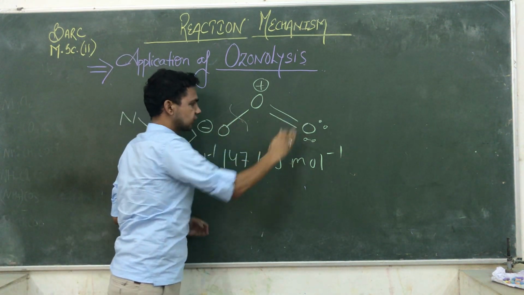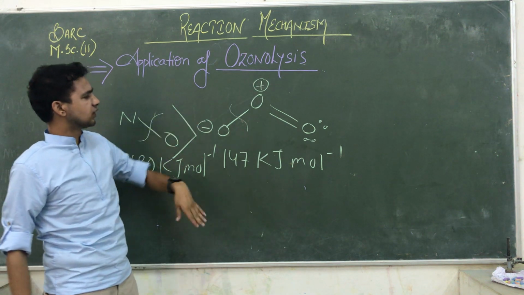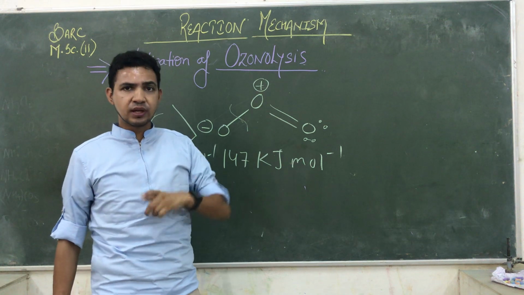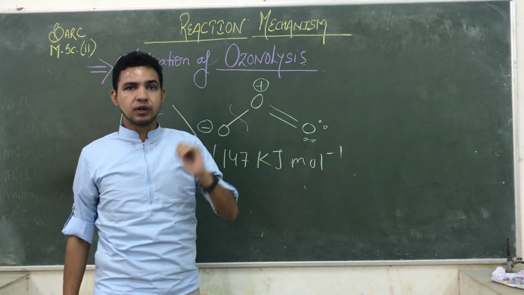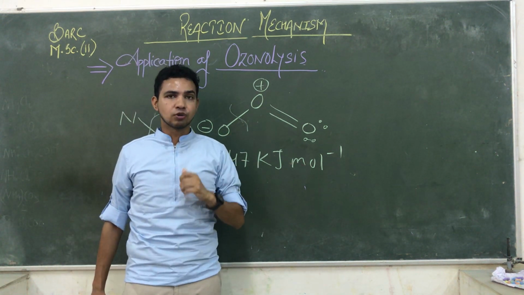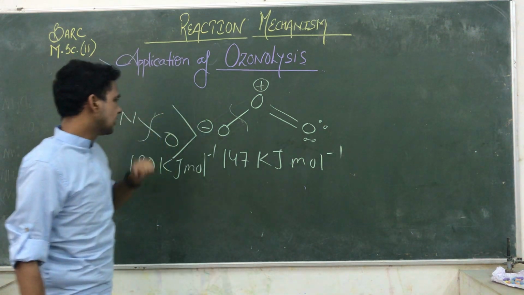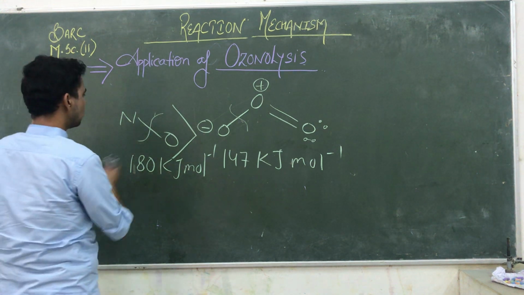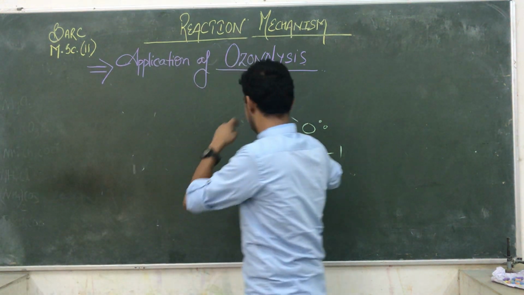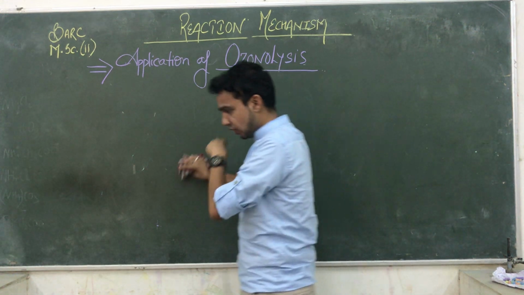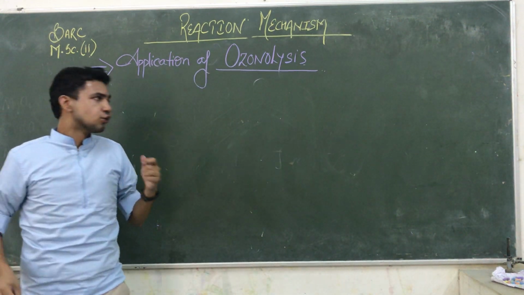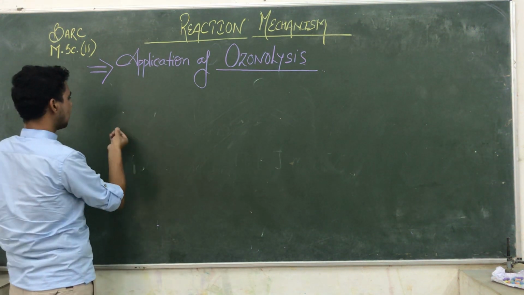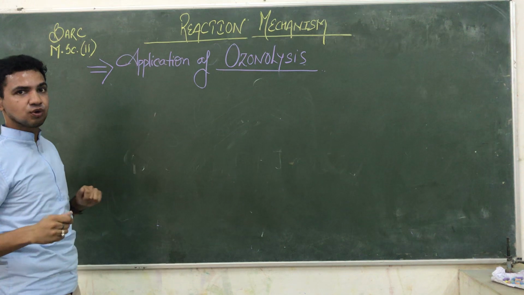It's a bent-like structure, and due to the positive charge and negative charge, it generally behaves electrophilic in nature, and always approaches where the double bonds or electron density is very high. So that is the structure of ozone. Then I am giving you a small description related to the mechanism of ozonolysis. We have already studied it in your junior classes. After that I am working on the types of ozonolysis. First of all, I am showing you the mechanism of ozonolysis.